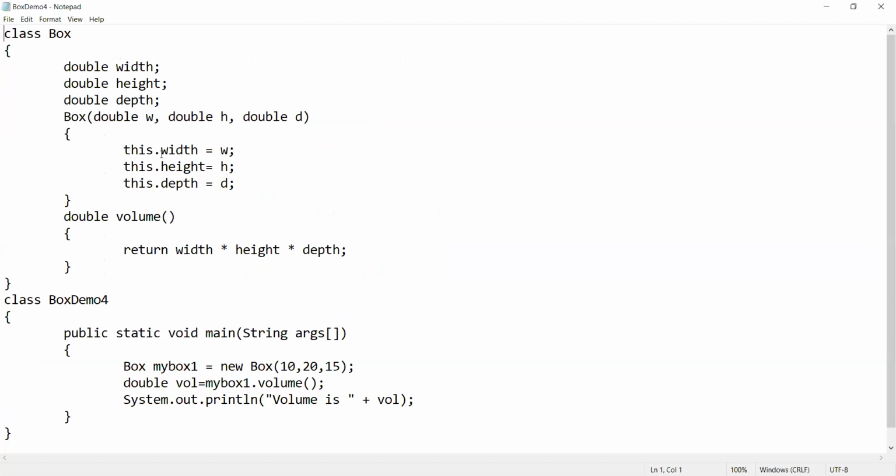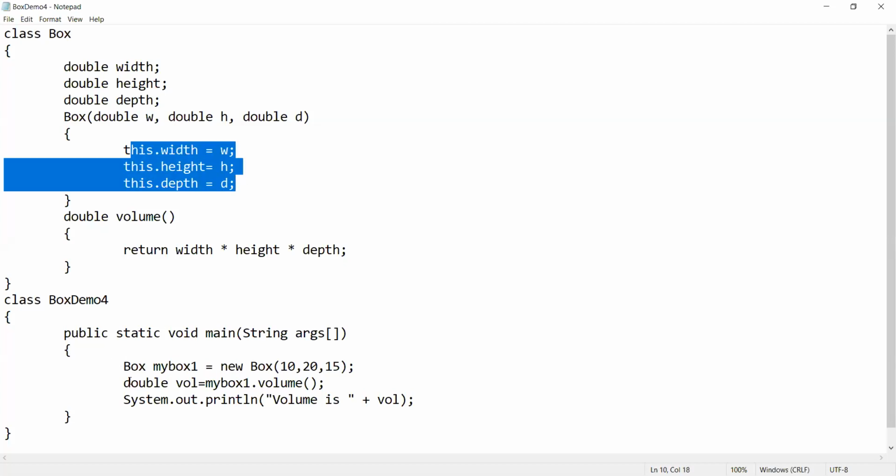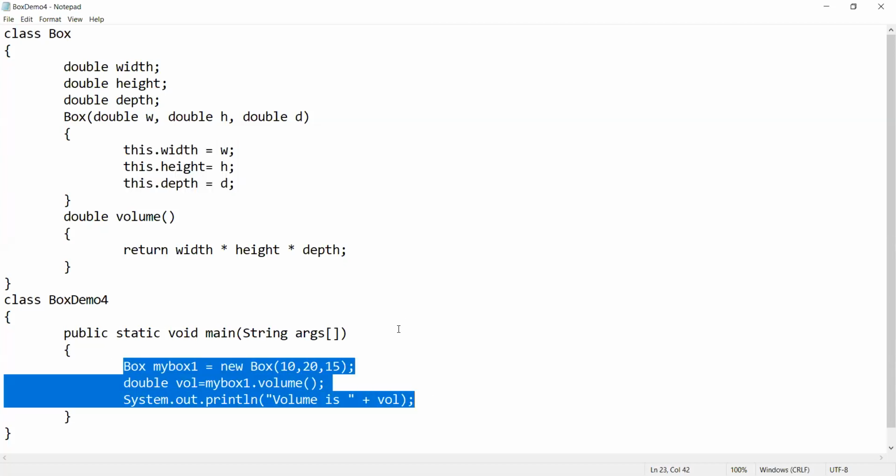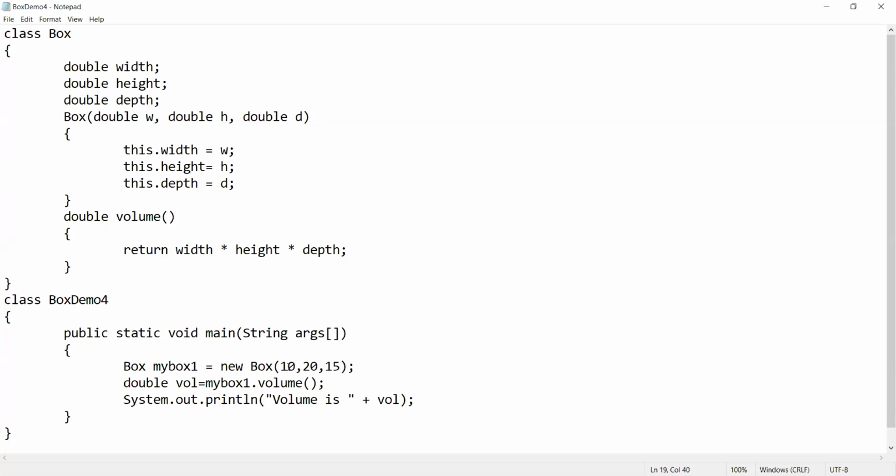Then our constructor: inside the constructor you see I am using this.width. This indicates the currently calling object. Here also this is there, and here also. You can always use this only with instance variables or class variables, or you can use it with methods also, since that is also a member of a class. Here is the only difference. The remaining parts are the same, and we will get the same output also. Whenever you execute this program, you get only 3000 as the output. So I will show you this also.